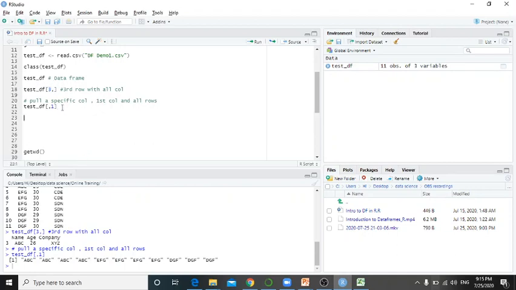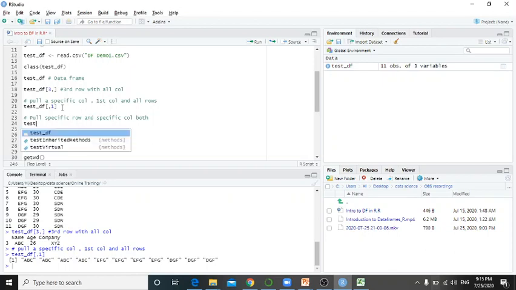All right, now let's divide your data frame or break your data frame both horizontally and vertically. That means pull a specific row and specific column, both.